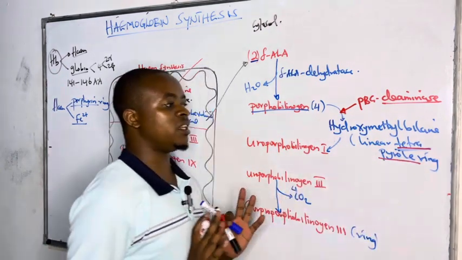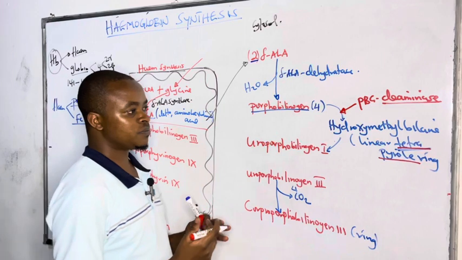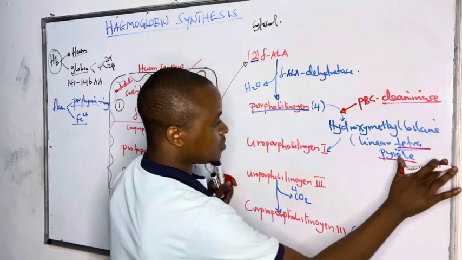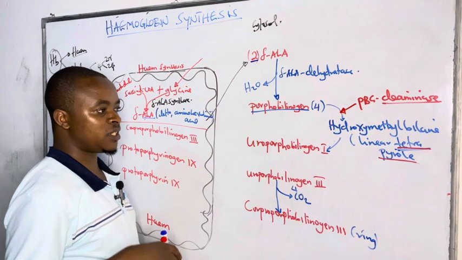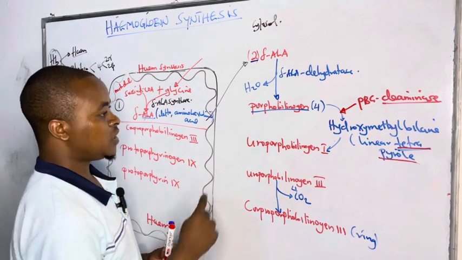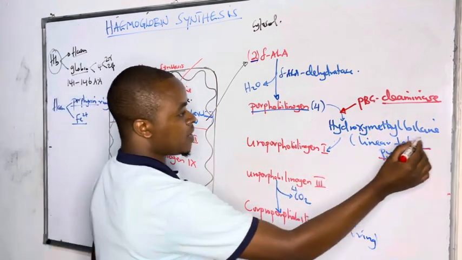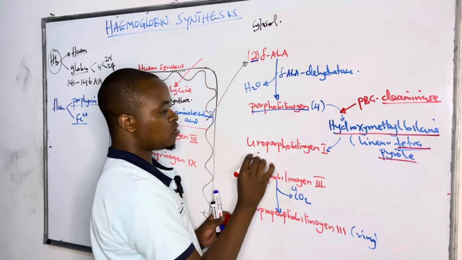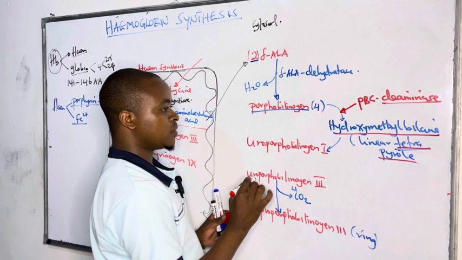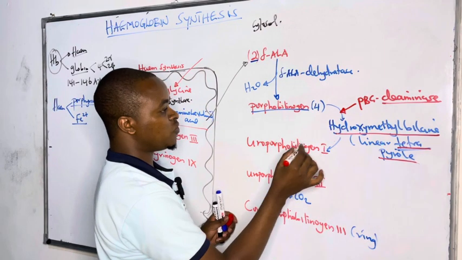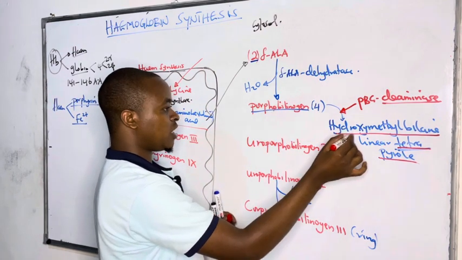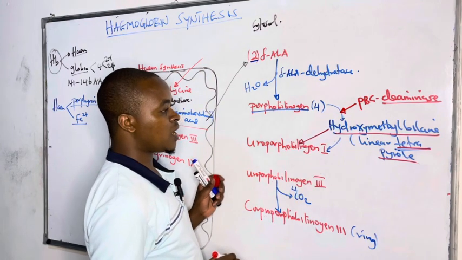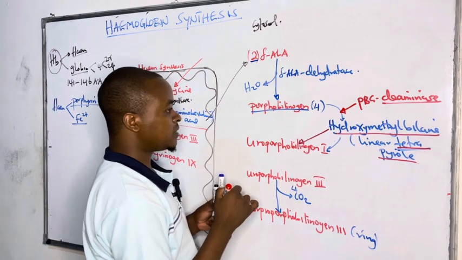So it is still in linear form, it hasn't formed a ring. It is still linear, it has not formed the ring. And this hydroxymethylbilane is the one that is converted to uroporphyrinogen 1. And this conversion directly from hydroxymethylbilane to uroporphyrinogen type 1 is catalyzed by an enzyme known